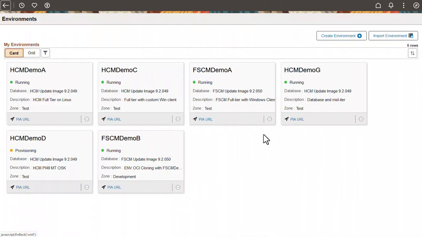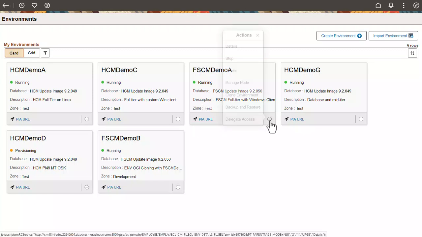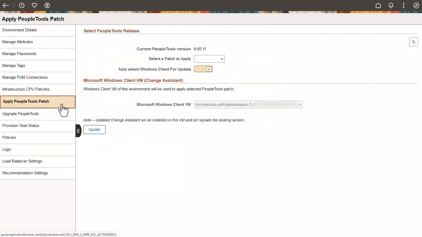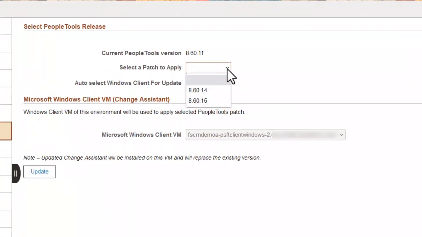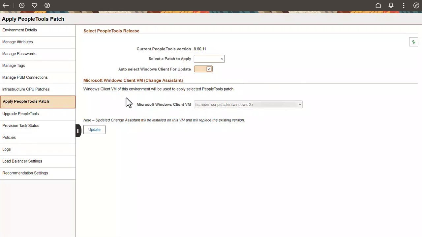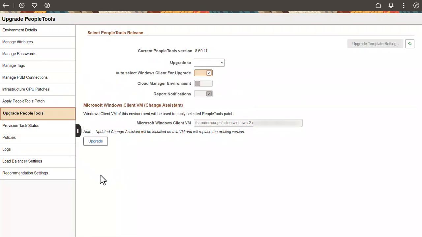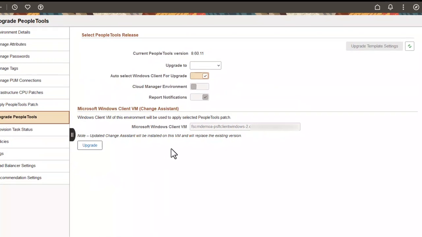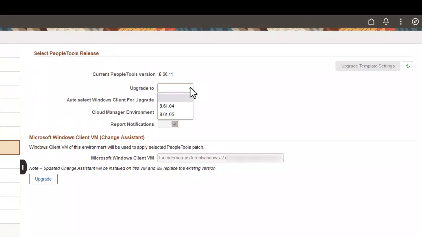To view the pages for PeopleTools Patch and Upgrade, we look at an FSCM environment that was built on PeopleTools 8.60.0. You can apply a PeopleTools patch, for example, to move from PeopleTools 8.60.11 to 8.60.14. Use the Upgrade PeopleTools page to move to a later major version, such as upgrading from PeopleTools 8.60.11 to